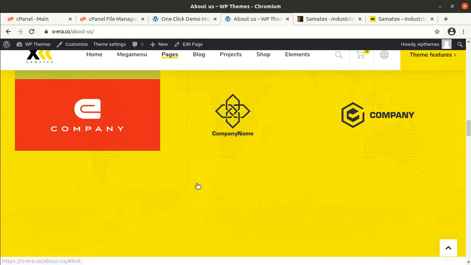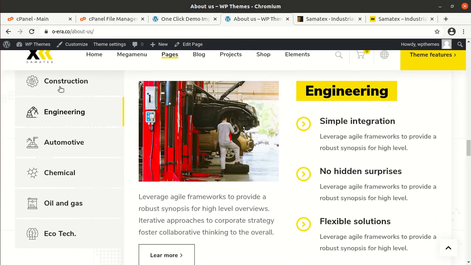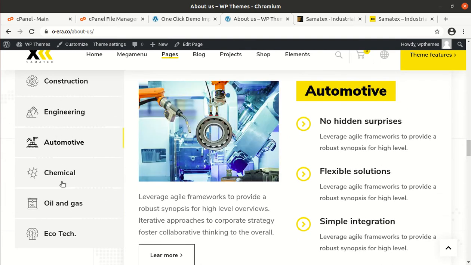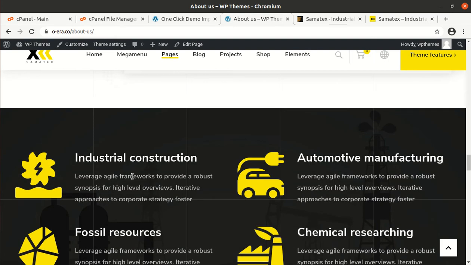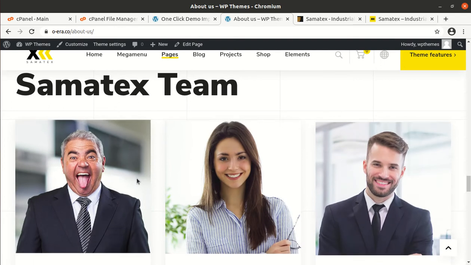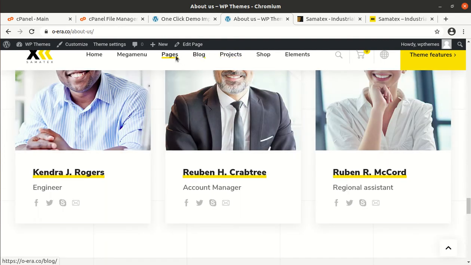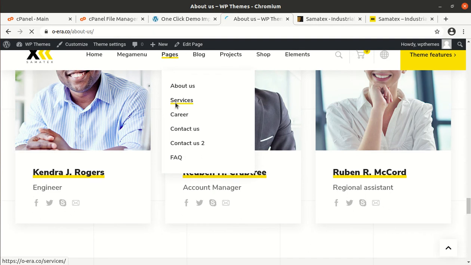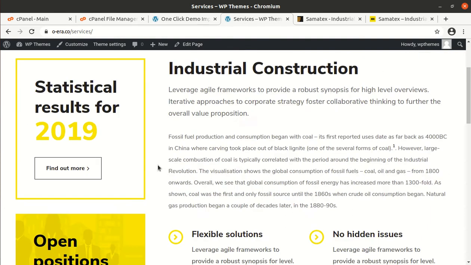I must tell you, such websites which focus on content display are rare, and it is wonderful. And now we can check another page like Services. This is the Services page.